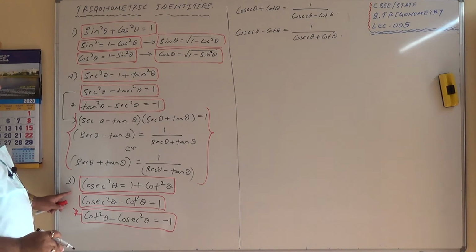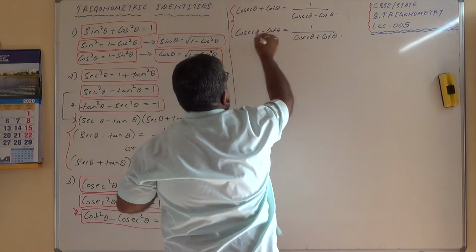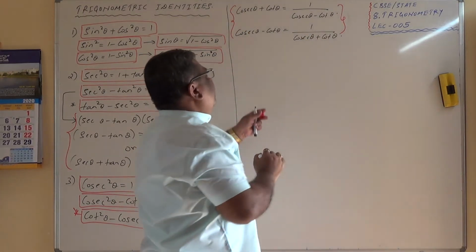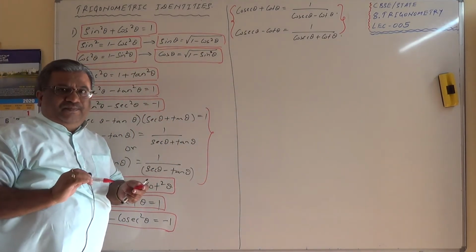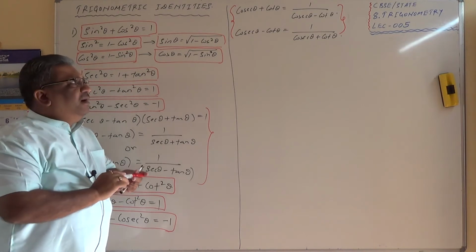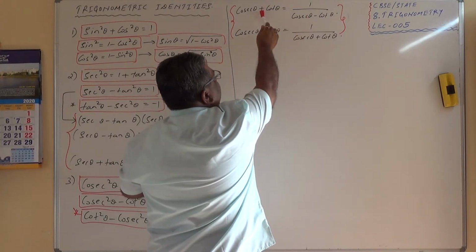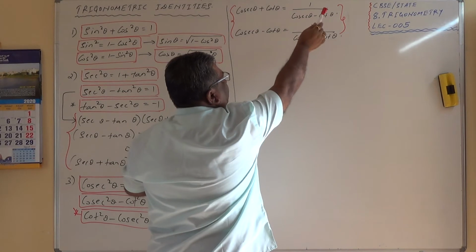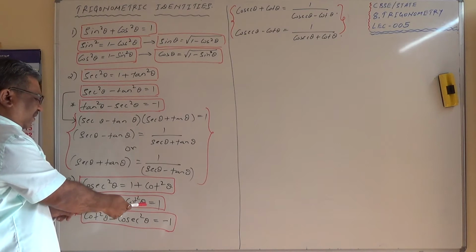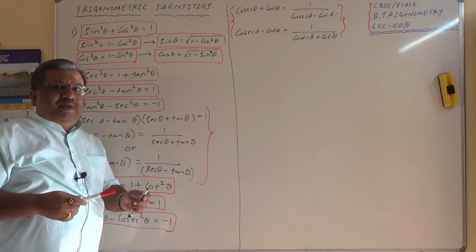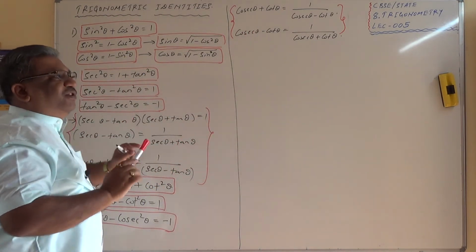That will become once again a problematic situation. So under these 3, you can make a note of these two as the standard results. Of course, standard identities also you can use, but I will be mentioning very clearly how you arrived at this, because you need to prove this. It needs to be written by referencing sec square minus tan square equals cosec square minus cot square equals 1. That reference is to be given.